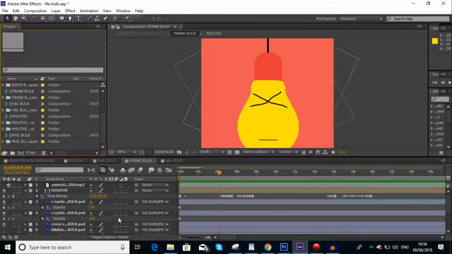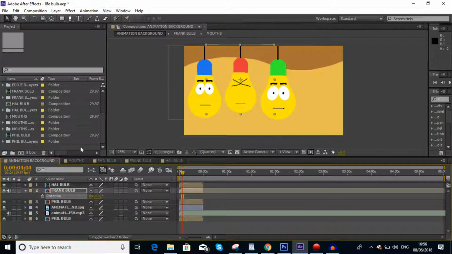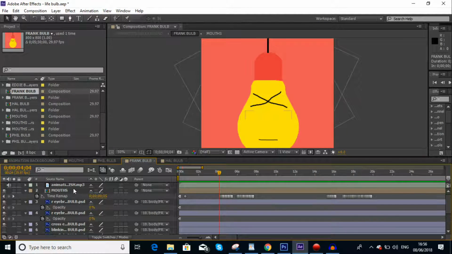Now down here we have our Photoshop file. This is the initial composition where all the bulbs are going to go into it, and this is basically the entire scene of the animation. But what I've done is I've clicked on these so I can animate them individually, and then instead of just animating them all at once, I've animated them individually, like I've lip synced. I'm going to start lip syncing as well,